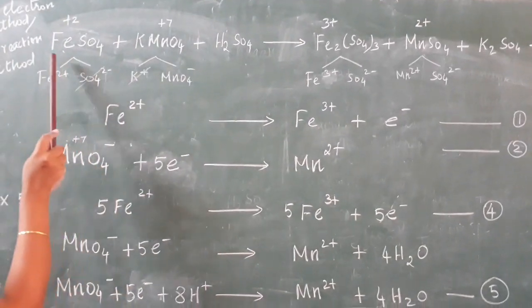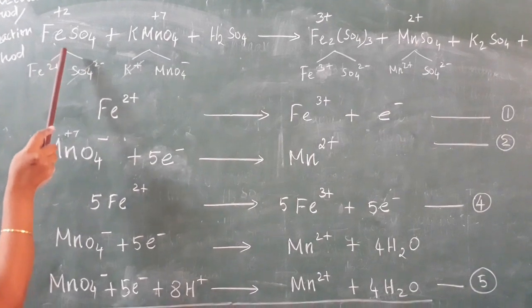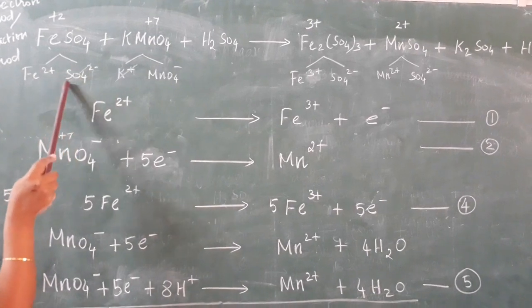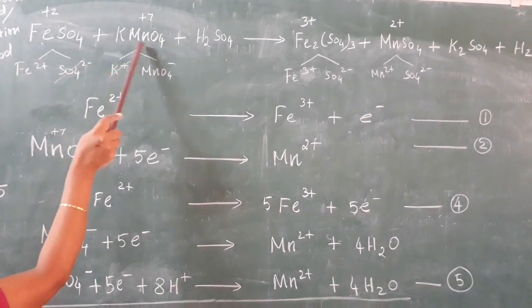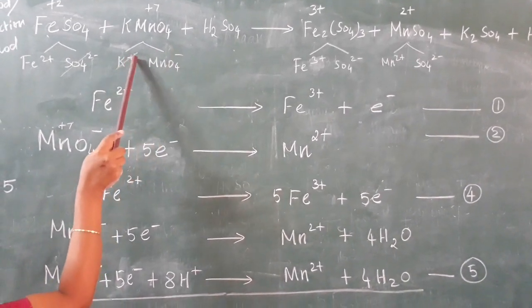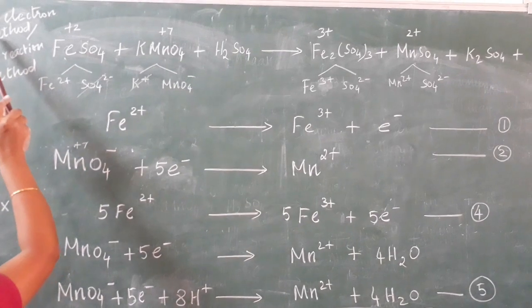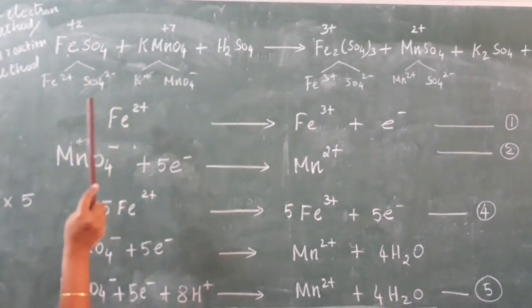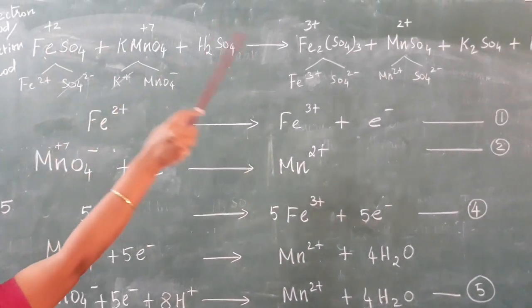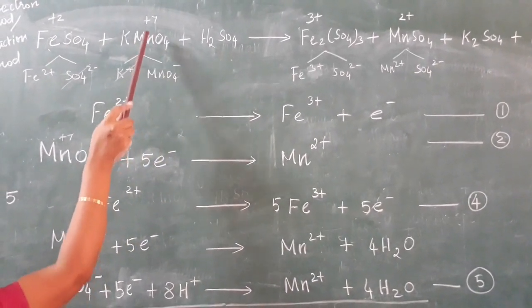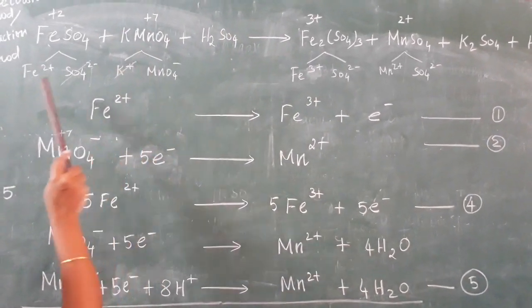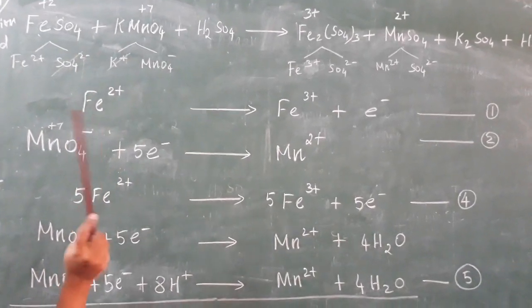Now see that iron alone we are going to take out, because ferrous sulfate splits into Fe2+; we do not take the sulfate here. In the same way KMnO4 splits into K+ and MnO4-; we don't take this K+, because it is the ion electron method. So we have to take the particular ion alone, because here Fe changes from +2 to +3. In the same way manganese changes from +7 to +2. So we are particularly taking these iron and manganese related compounds.